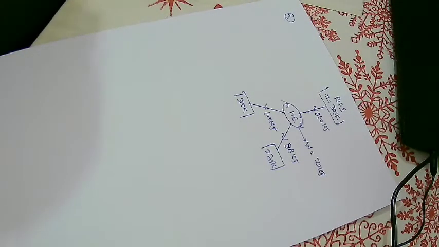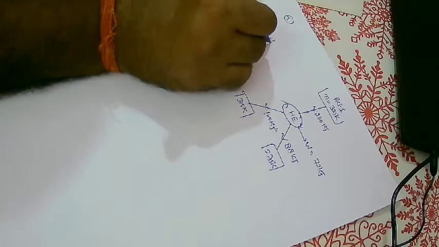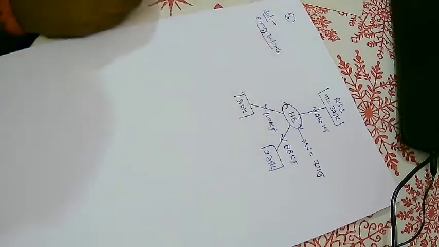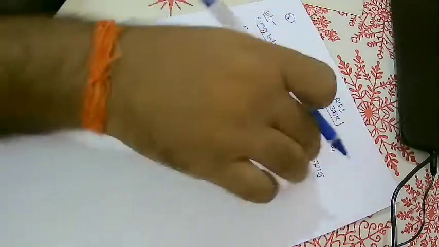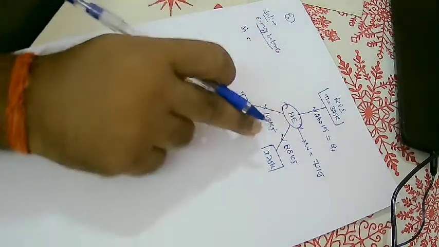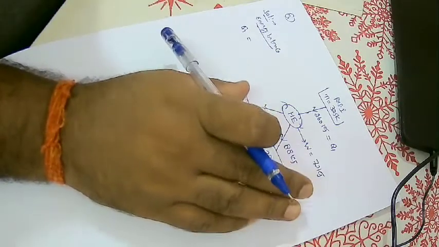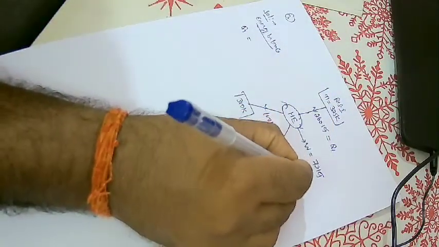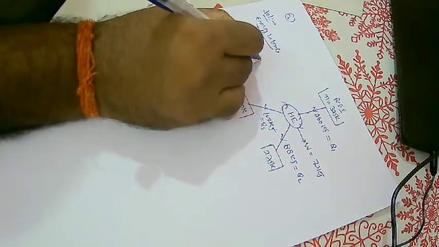So how to do that? First of all, put the energy balance. If we put the energy balance, Q1 is coming in and all the things are going out. Q1 is equal to this one plus this, everything you can add, right? That is going to be the case. So if I say this as Q2 and this as Q3, I can say Q1 equals Q2 plus Q3 plus W. This is the one equation.